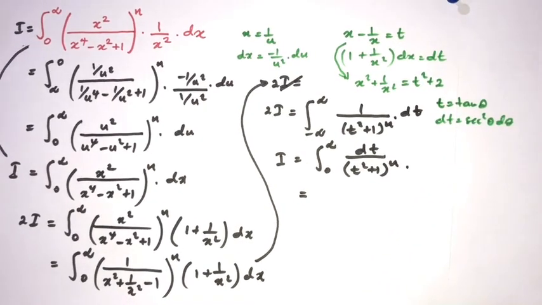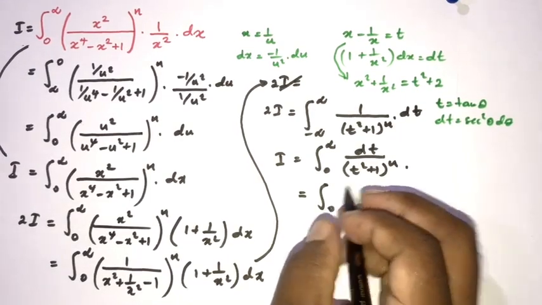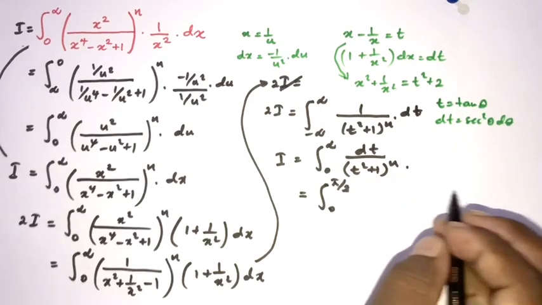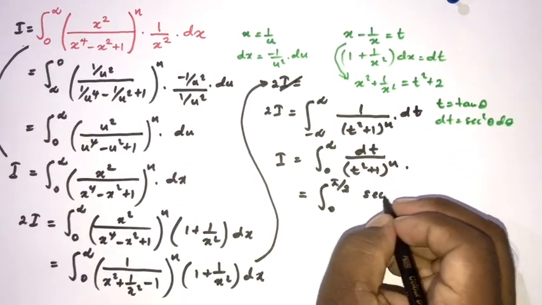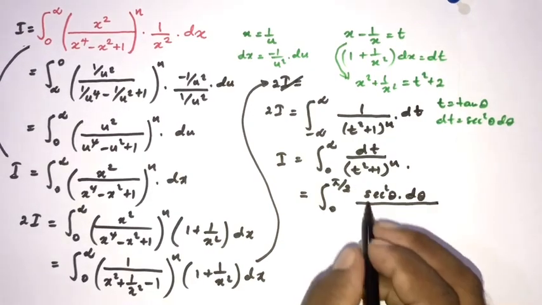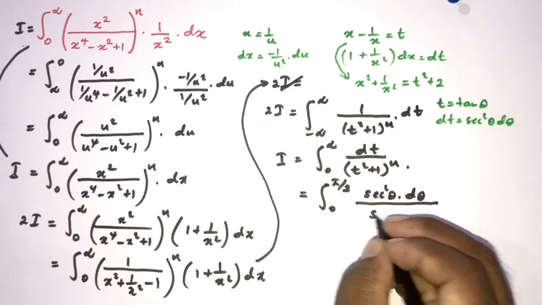Then we can plug in here. Now the limit, we know 0 to tan of infinity, so here pi over 2, and dt is equal to secant squared of theta d theta over t squared plus 1, we know tan squared plus 1 is secant squared of theta, so here secant